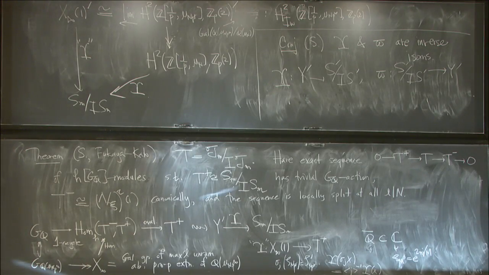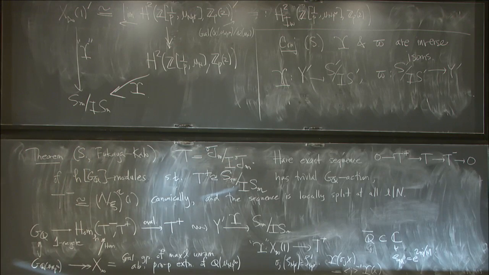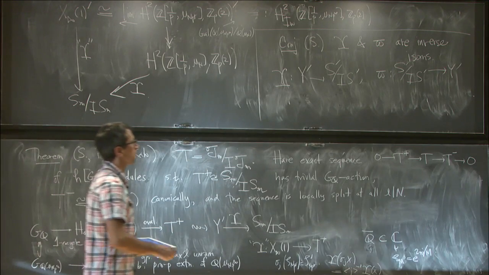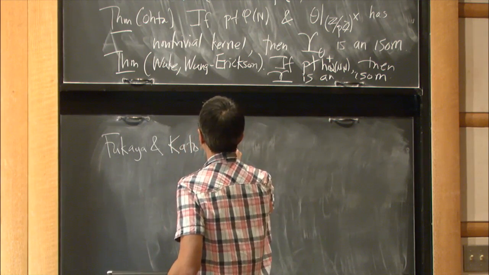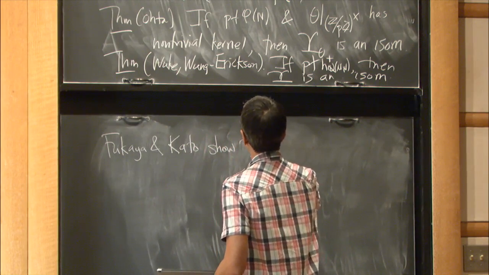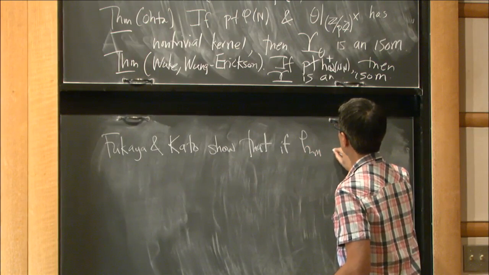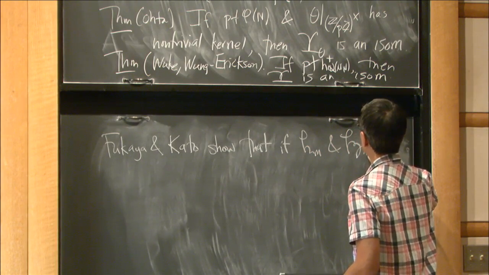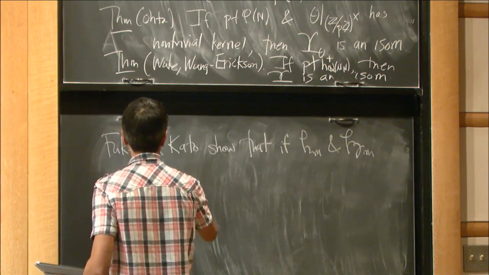OK, let me just say a few more words about what's been proven before I move to something else. So what do Fukaya and Kato actually prove? They actually show a number of different results, but if we have two Hecke algebras, h and big H, they show that if these are both Gorenstein,